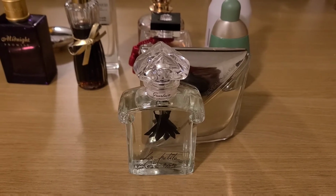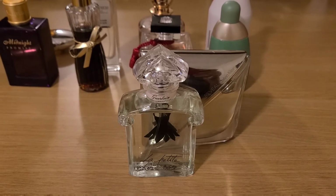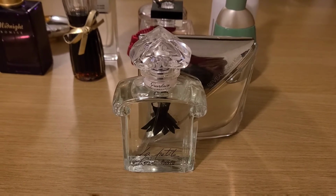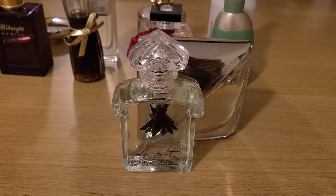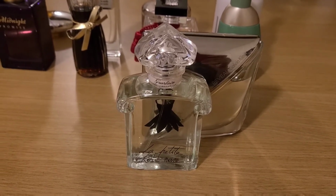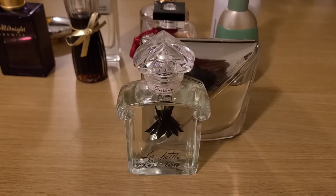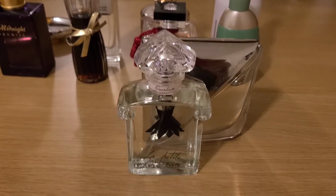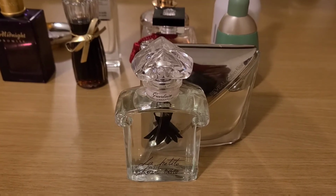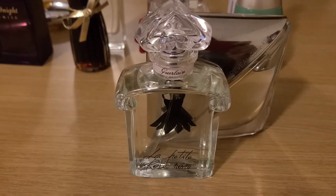Next I have Guerlain's La Petite Robe Noire Eau Fraiche. The opening of this is a little bit masculine and a little bit bergamot heavy, so I definitely recommend layering either Reveal by Calvin Klein or Olympia by Paco Rabanne, or maybe like Kenzo World, something kind of beachy and salty on top of La Petite Robe Noire Eau Fraiche, but only do 1 or 2 squirts of Reveal on top of the beautiful La Petite Robe Noire, but do 4 or 5 squirts of La Petite Robe Noire Eau